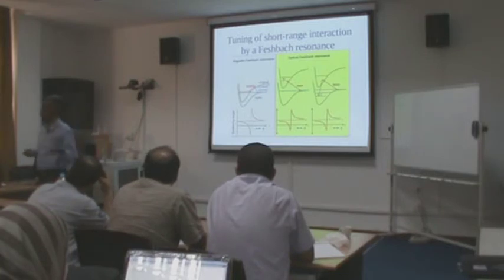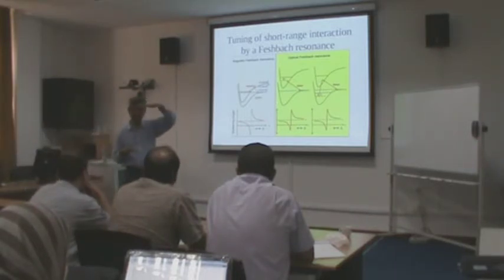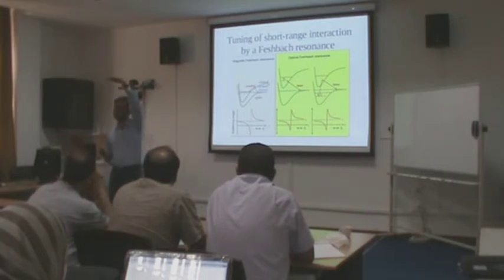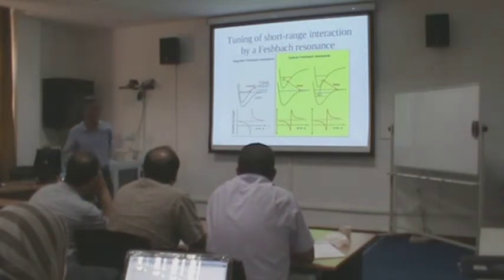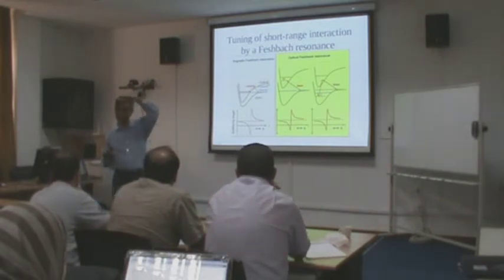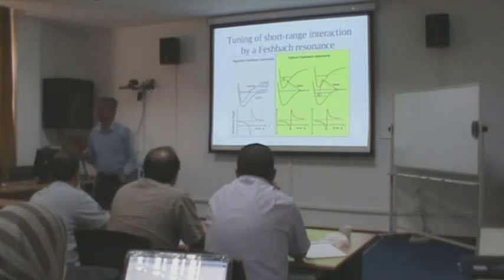So if you go to the pole, then the T matrix becomes infinity and the scattering length becomes infinity. If you go to one side of the pole by increasing the magnetic energy, because the difference between the open channel and closed channel is only in energy, by changing the energy you can move up and down your dynamical situation, at a different energy. So you will go to both sides of the pole, and the T matrix induces a pole in the whole dynamics. So the scattering length will become infinite, positive or negative, depending on the situation of energy.